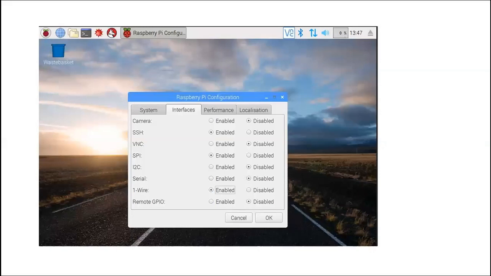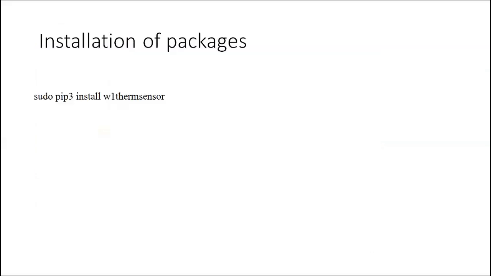Now you go to the next slide. In this slide, we have to install the W1 thermal sensor package. In that package, all the methods for reading the temperature from the temperature sensor are already available.